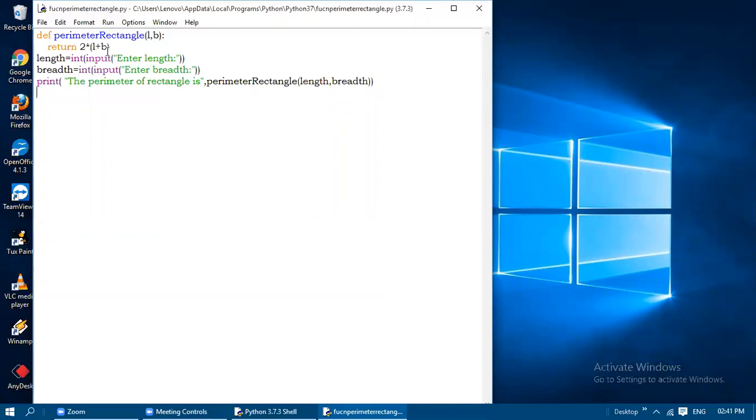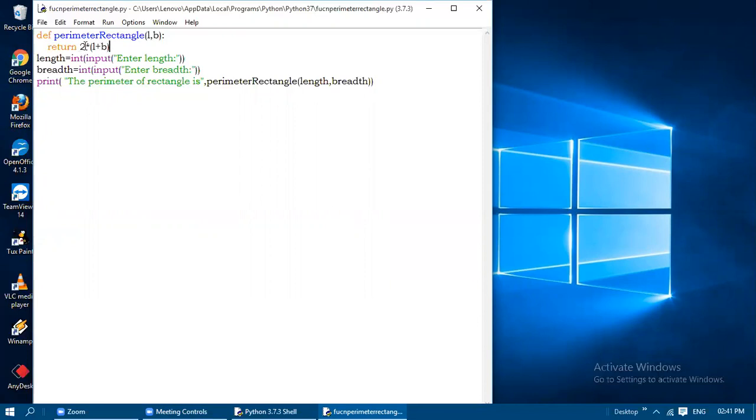And the formula here for finding the perimeter of a rectangle is 2 star L plus B. Okay, 2 into L plus B. Like a manual way, we will write 2, then immediately a parenthesis, then L plus B inside the parenthesis. Like that we should not write in a system. So we need to use that multiplication operator after the 2. So 2, multiplication, then opening parenthesis, L plus B, and then close the parenthesis.